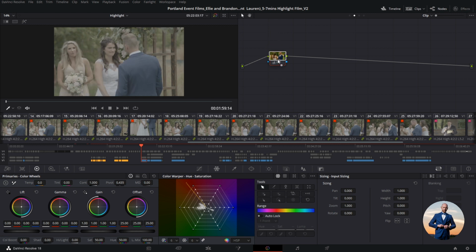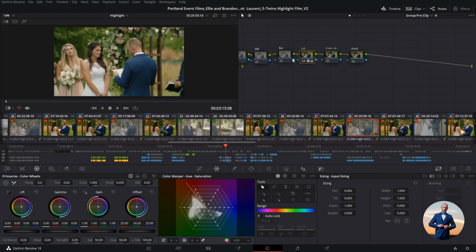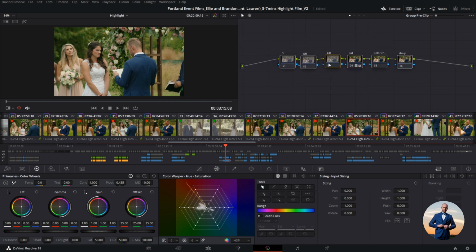We'll go here, and then what you want to do is make sure that you don't drop it on this clip, you want to drop it on the group, so that way it affects all the clips. Drop this on here. And now we can go from there. So now we can grab these from the other one, and now we can try color matching